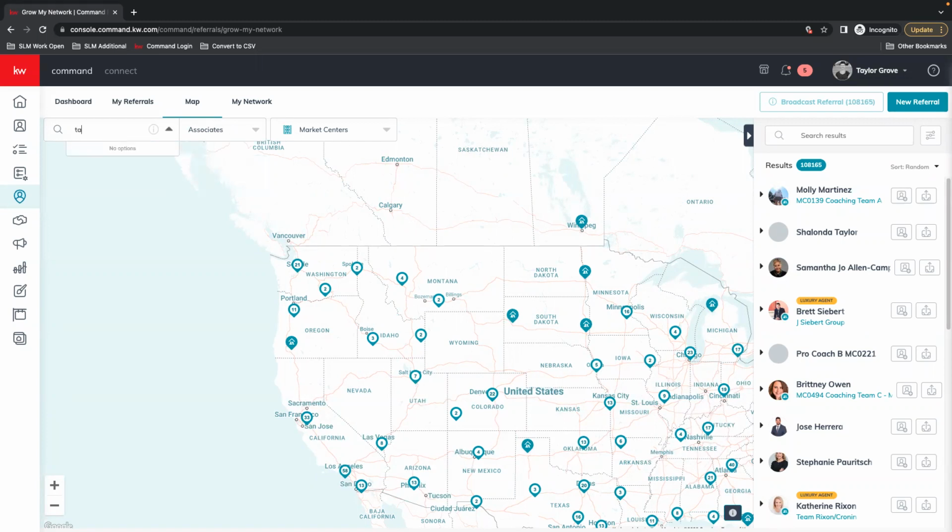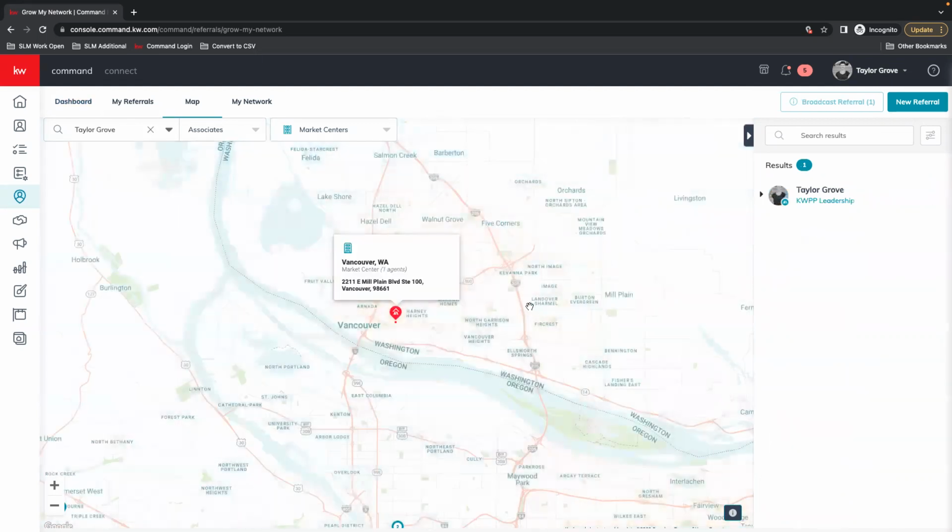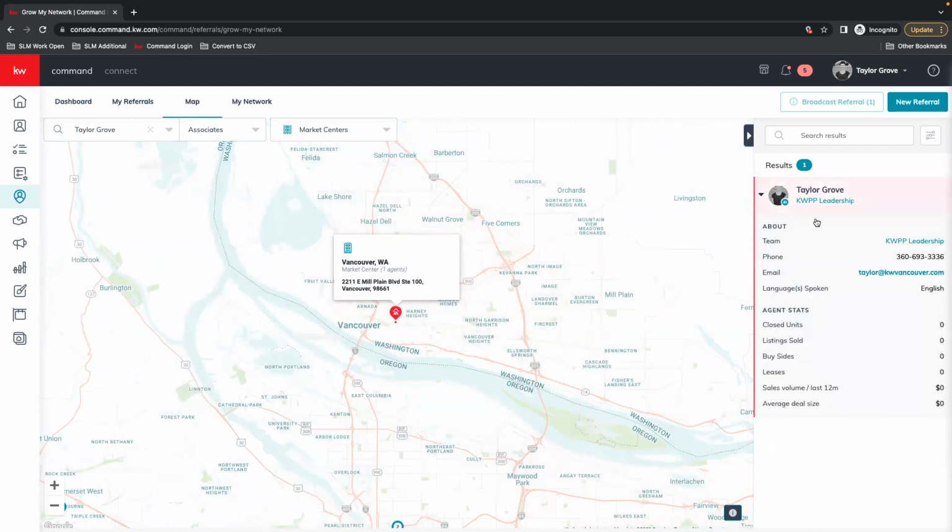And then, even though I have no production, I'm able to be found. So now you can see my contact information. If you're on a team, that will be listed here. Any languages that you speak, and then your agent stats.